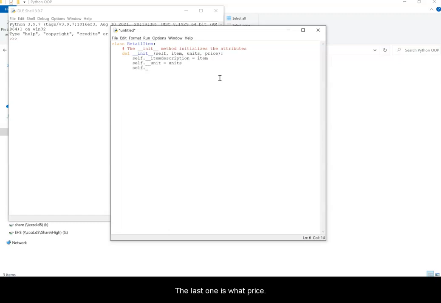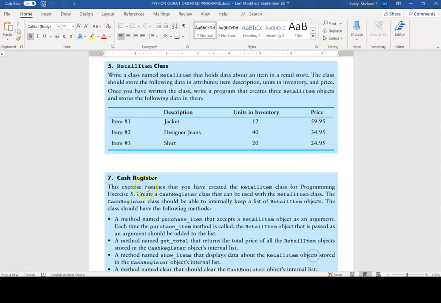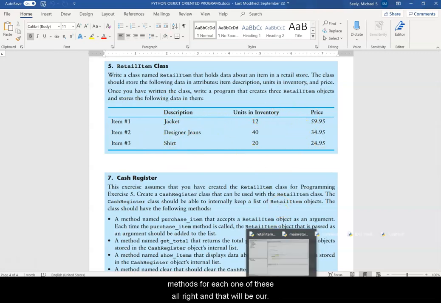And last one is what? Price. So all I'm going to do is then also create set and get methods for each one of these, all right? And that will be our